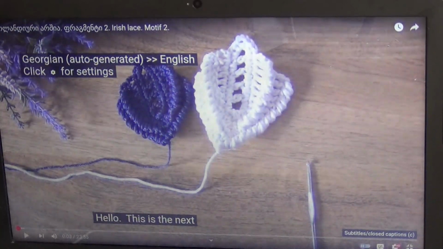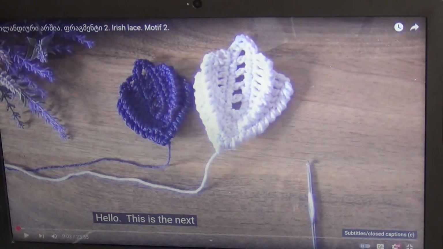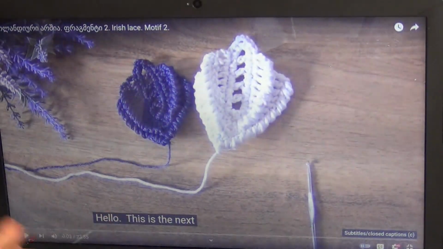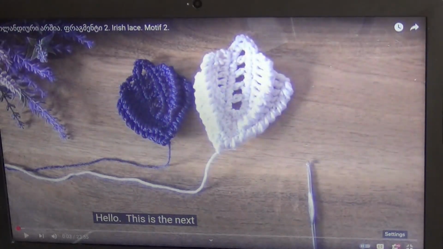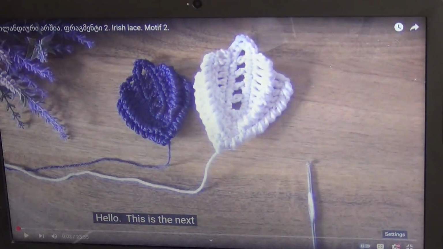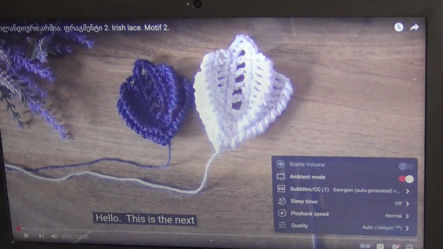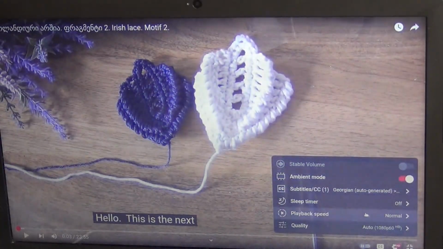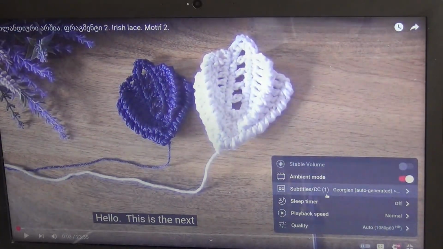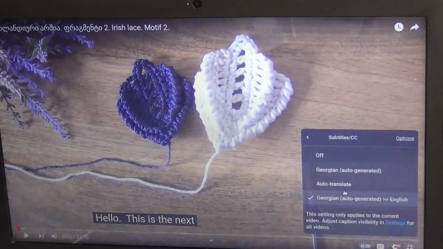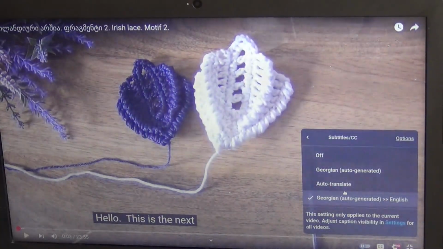If you have a different language here, maybe Georgian, you can go to settings, click on it, and go to subtitles. If you have non-English subtitles on your screen,